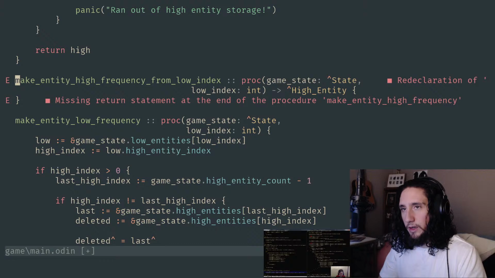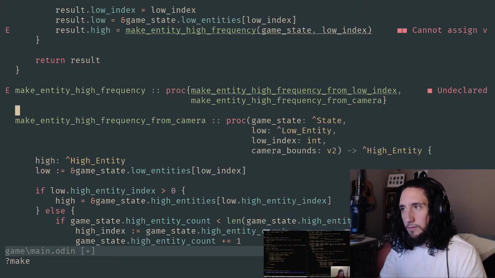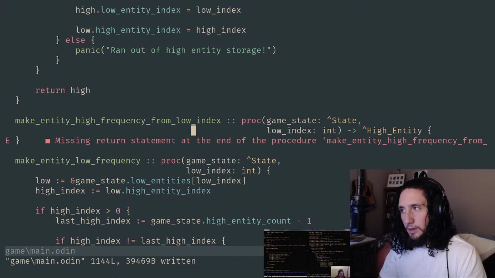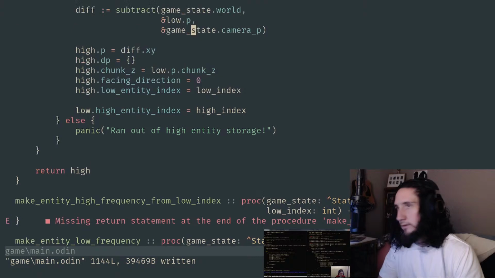Is that right? Did I actually name that right? Make entity high frequency from low index. Yeah. So we're getting there. We're almost caught up.